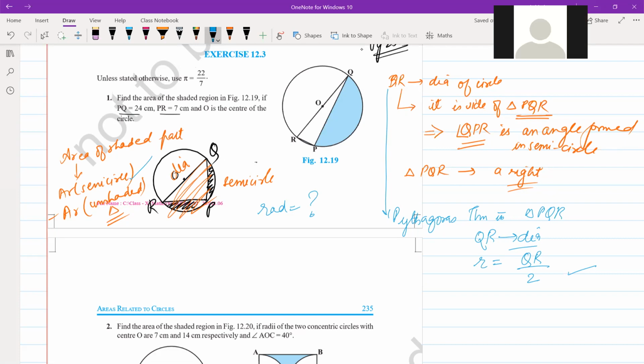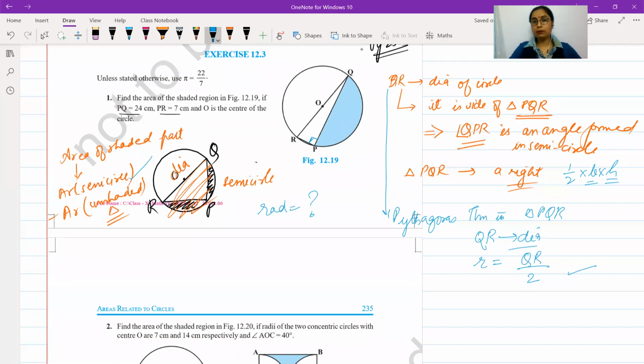Once you have the area of the semicircle, the second thing we want to find out is the area of the triangle. Triangle right triangle है, तो इसमें हम सीधा half base into height formula use कर सकते हैं. हमारे पास perpendicular भी है और हमारे पास base भी है. The sides which contain the 90-degree angle form your perpendicular and your height. So we will be using those two in order to find out the area of the triangle.